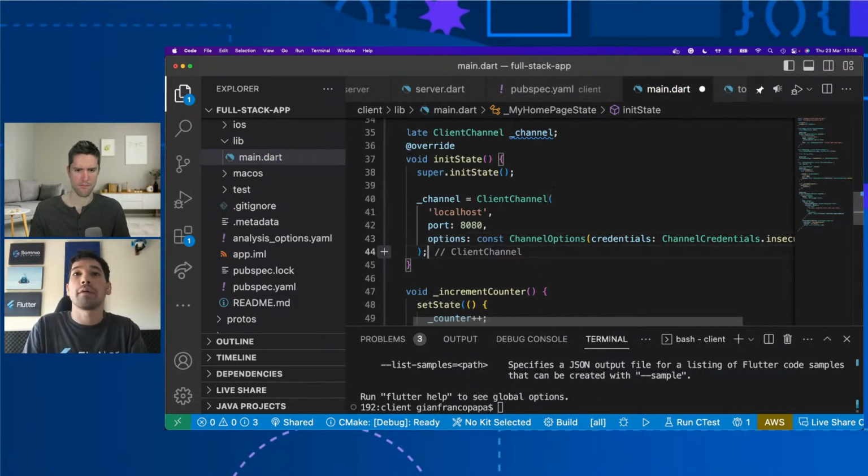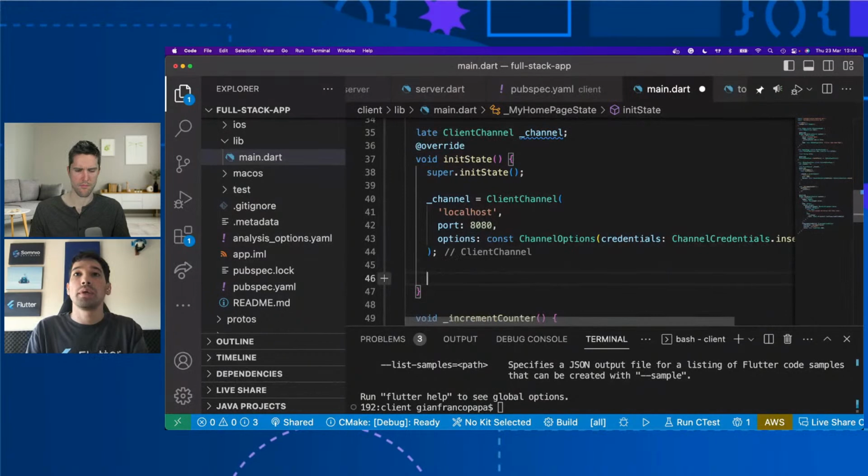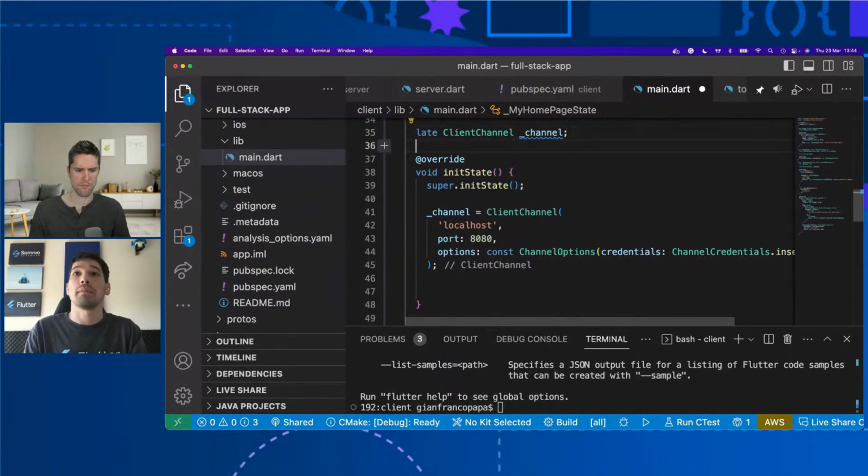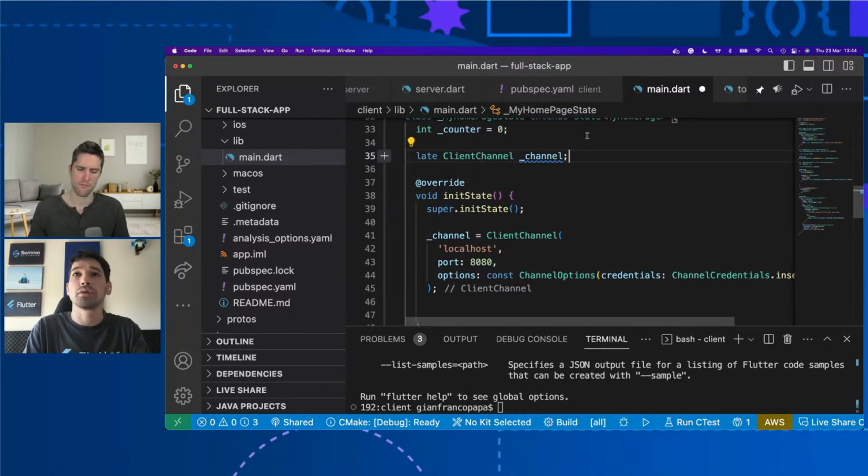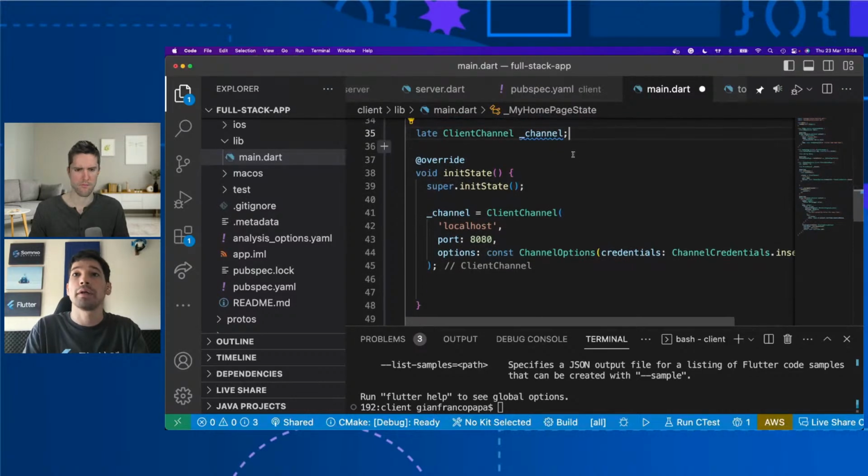So here we already have our channel, and what we need to create right now would be the stub. The stub will be just an abstraction, a proxy that we can use to communicate back and forth with gRPC and call actually our methods. So what we can do here is create our stub.